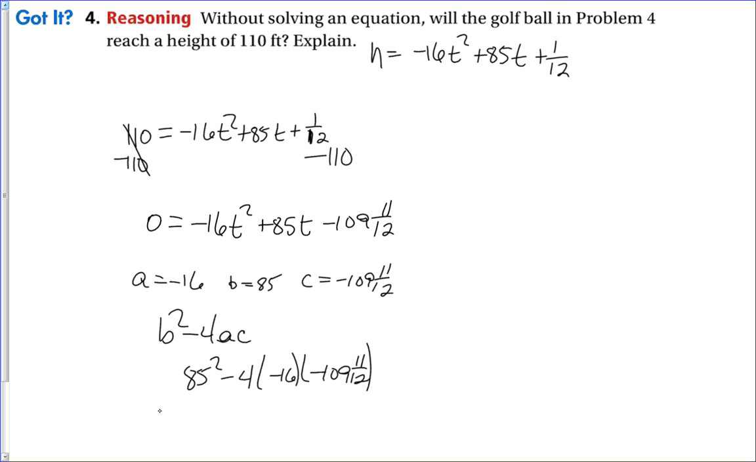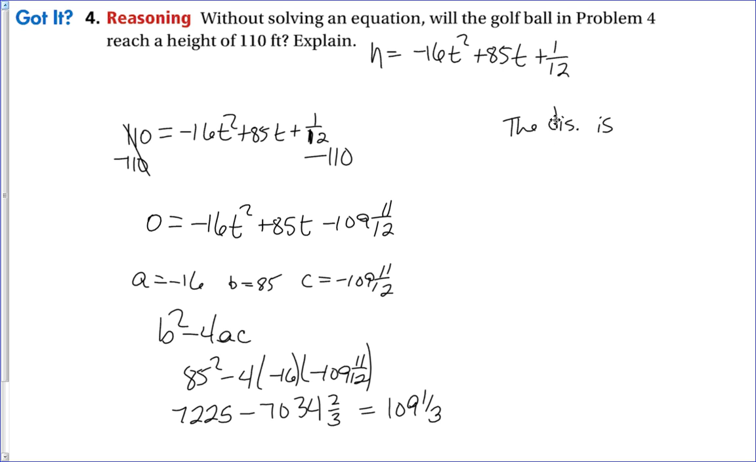Punch all of this into your calculator. Again, this should give you the 7225. And the other one should give you negative 7034 and 2/3. So this comes out to 109 and 1/3. So since the discriminant is positive,